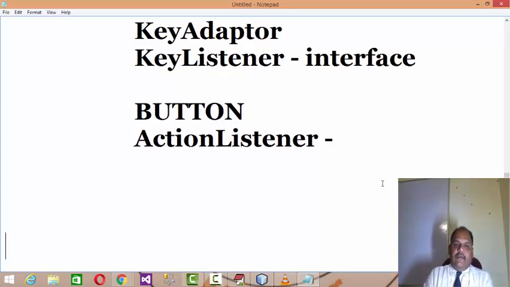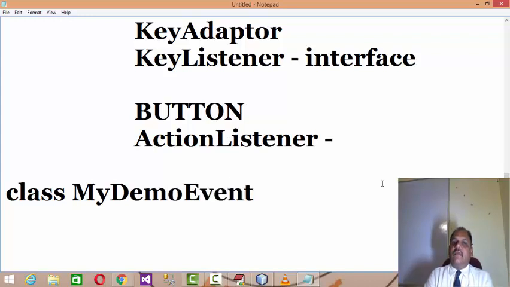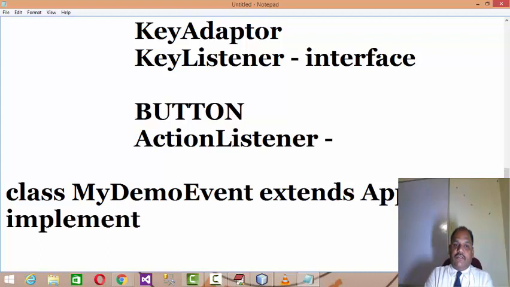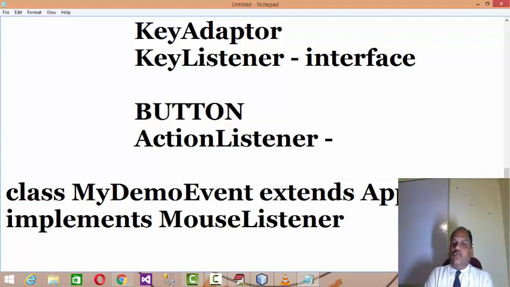Like if you want to write a class, let's say my demo event class, and your application is an applet, and on that applet you want to process all the events, let's say implements mouse listener, to process the events performed by the user on that particular applet by using mouse.